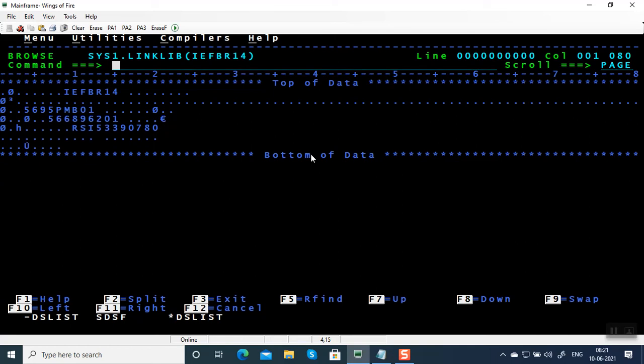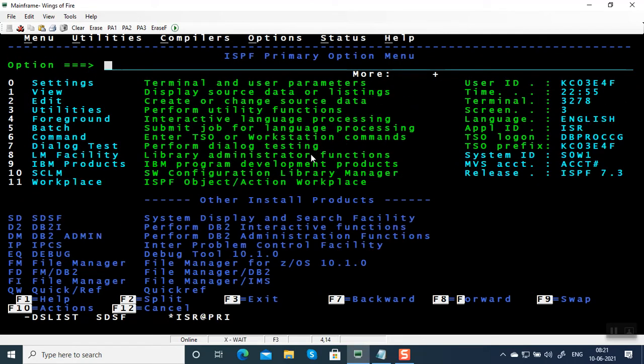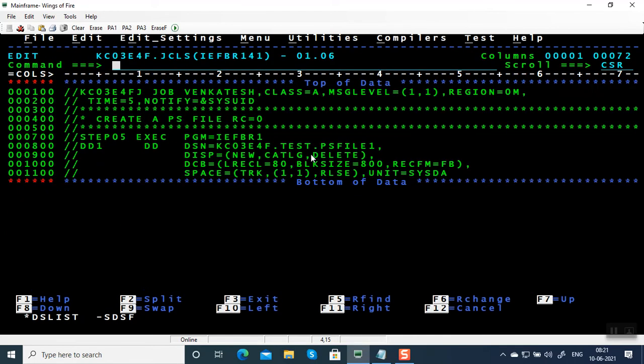When you submit, it is going to come and look here. If it is found, it is going to pick it and execute. If it is not found, it is going to say 806 load module not found. It's an abend. Remember, this is for abends, not for exceptions.